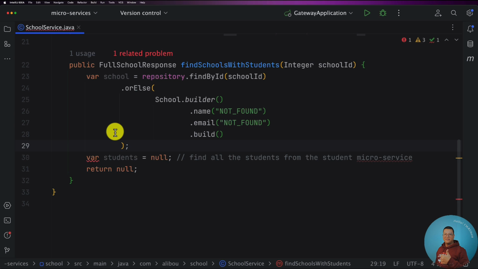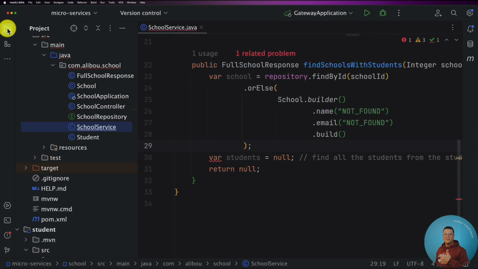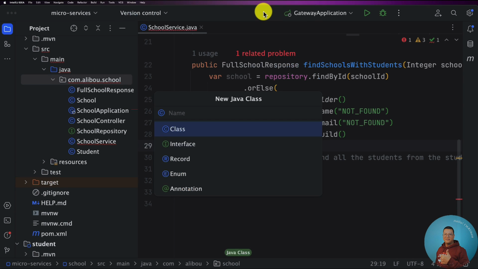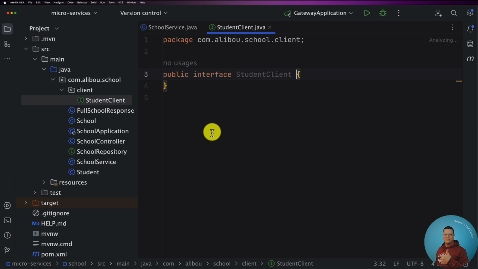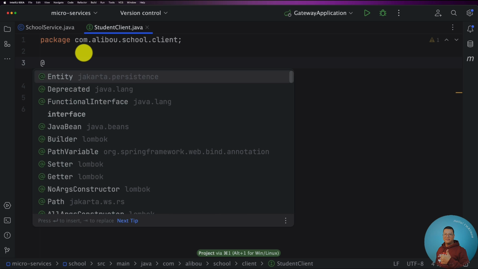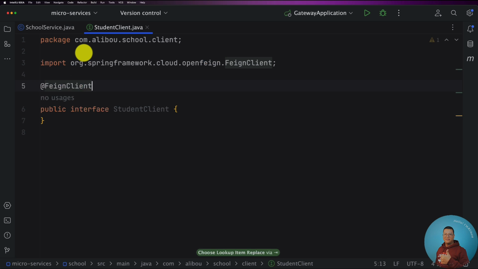Let's start implementing. The first thing we need to do after adding the dependency, let's go to our package right here and create a new Java class, and then select interface, and let's call it StudentClient, and let's move it to a package and call it client. So it will be client.StudentClient, and here the first thing that we need to do is the FeignClient annotation, and